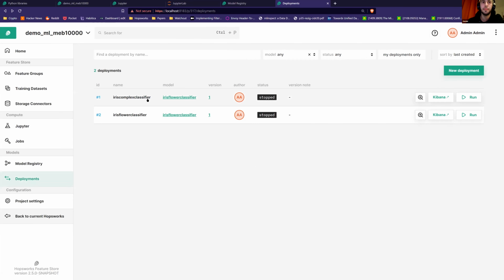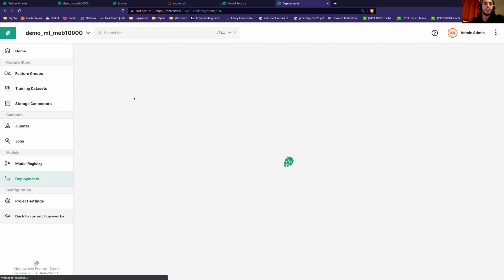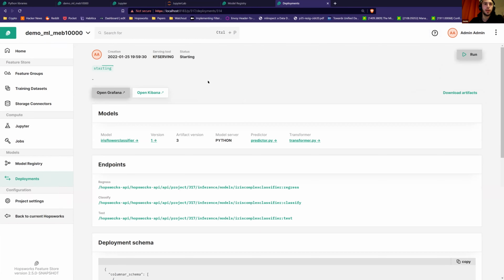The UI, yeah, start the deployment, and if you click on one of them, in this case, it's starting. This is how it looks. You can see the models that are being served in this deployment with links that will redirect directly to the model view or model version view, which is the artifact version that we are using, the model server, and also links to the files if you want to download them directly, the predictor script, transformer script, or the whole artifact